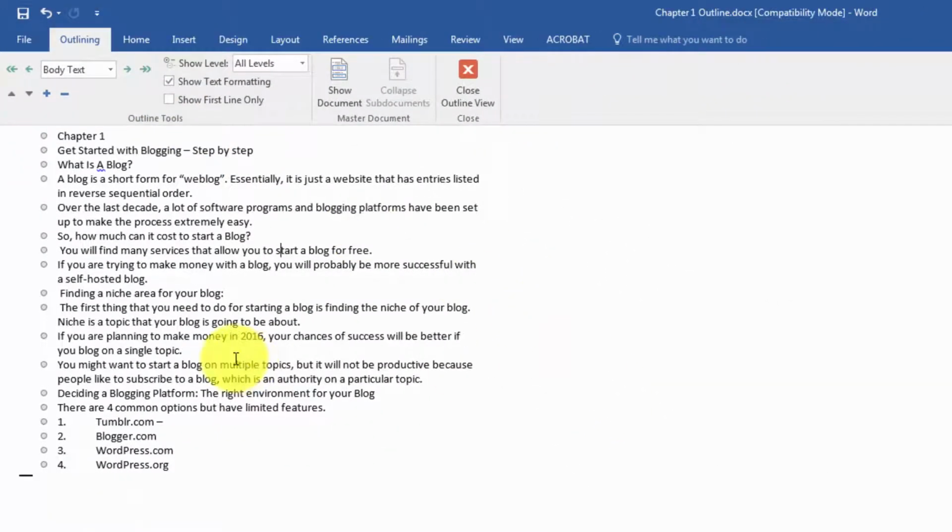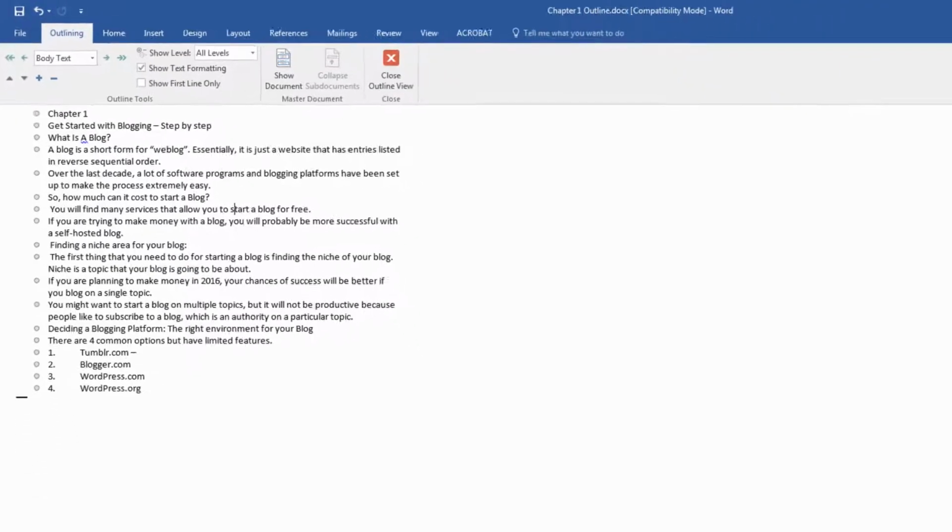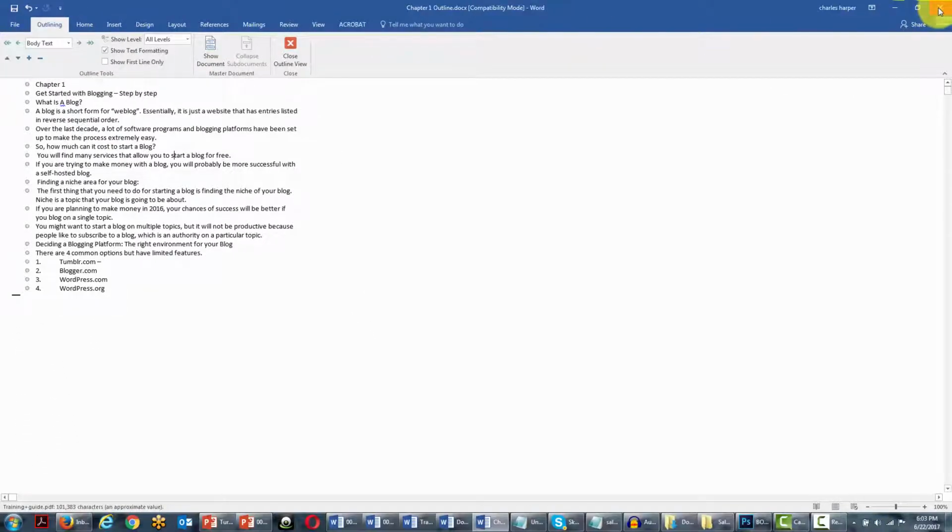And what we basically want to see is each sentence, or each potential slide, connected to one of the side dots here, and this automatically happens once we change it to the outline view. So once again, we're going to go ahead and save this document as it is. And now that we've done that, we can go ahead and close our outline,